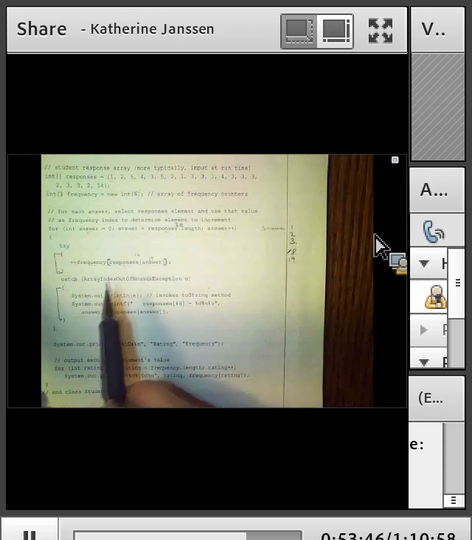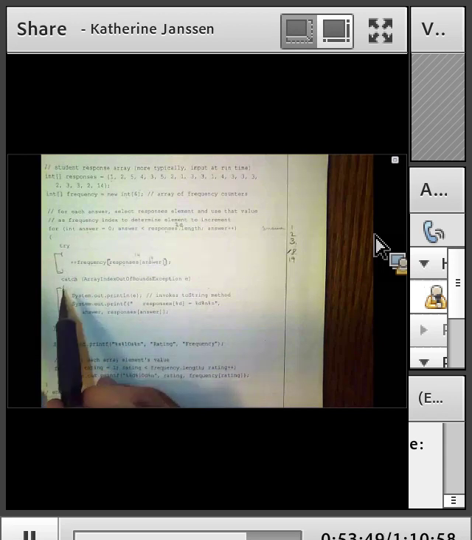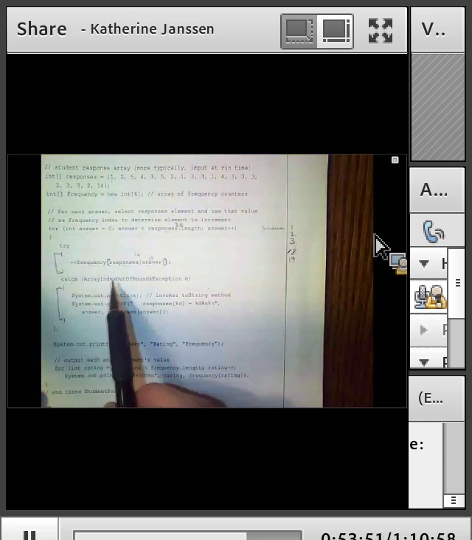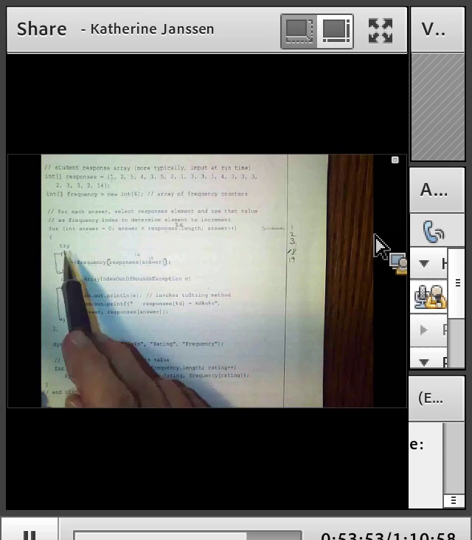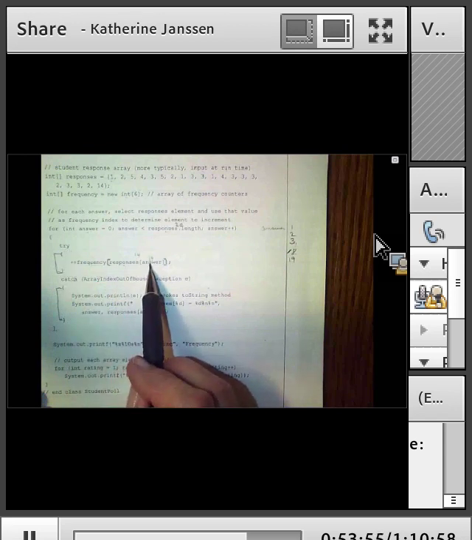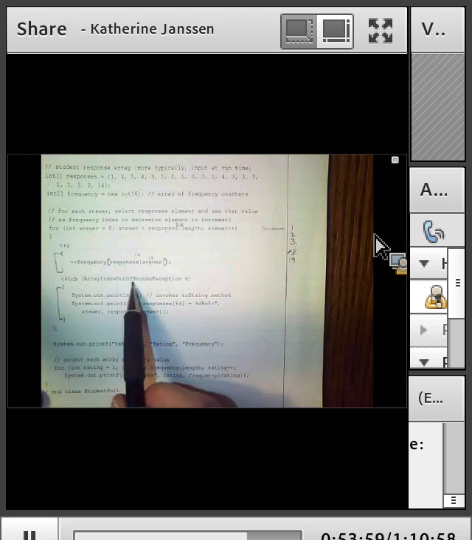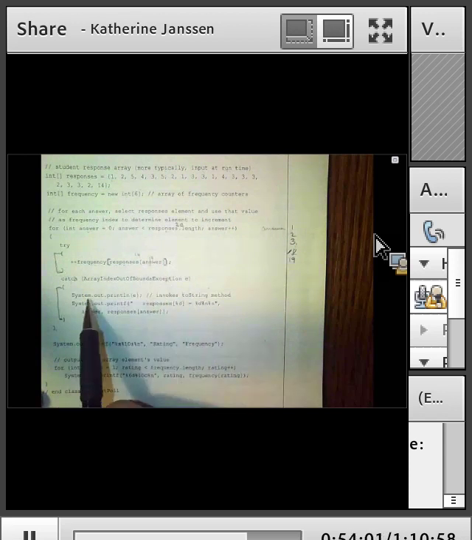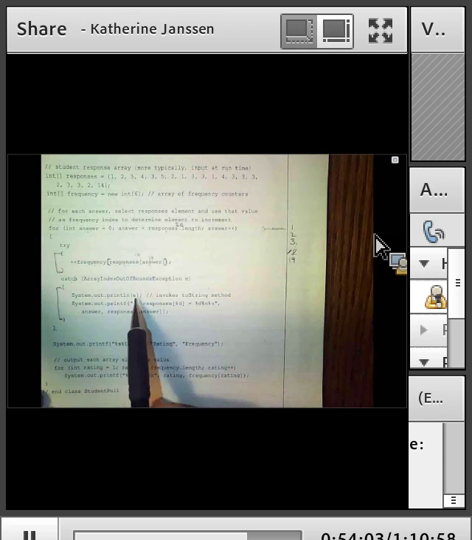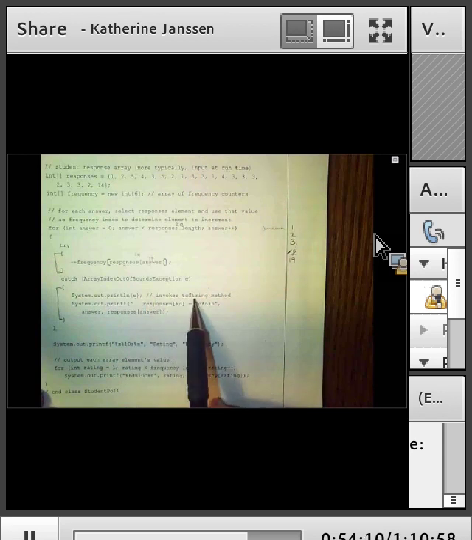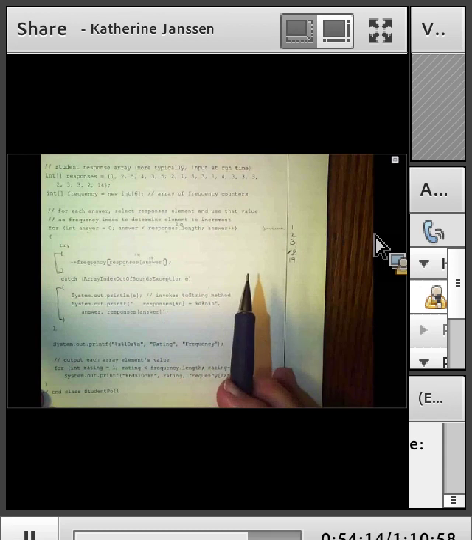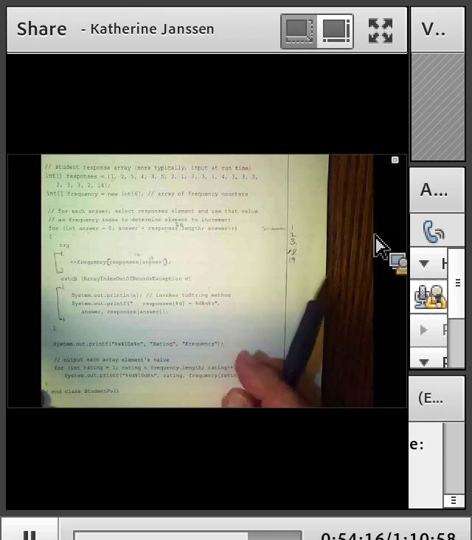We're going to test then. In the catch block, we're sent to the catch block because the try block has captured an error. We're going to try to handle it with the catch block as an array out of bounds exception. We're going to system.out print line the exception string, and that calls the toString method, and the toString method prints